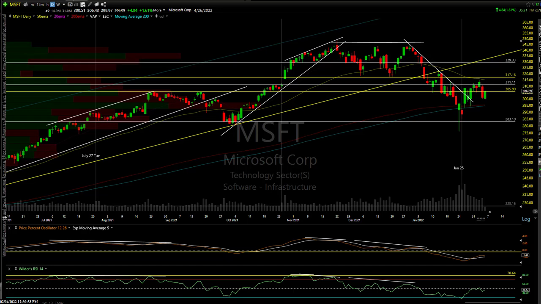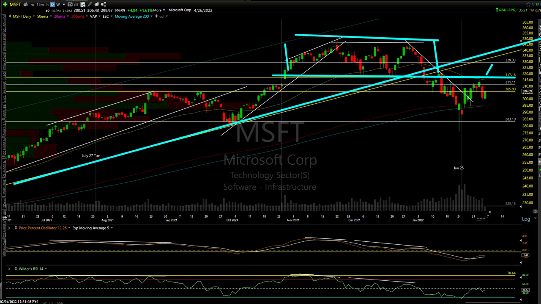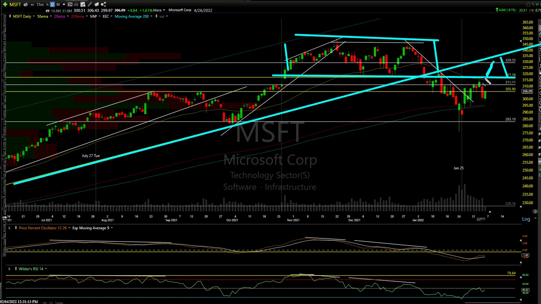And so, what you want to see on Microsoft, obviously the bulls want to see this level. I have important levels in yellow, 317. That was this trading range right here, right? Bulls want to see that recovered. And there's also a long-term trend line that comes into play right here. We're well below that. So this would be like a near-term bullish but longer-term bearish scenario